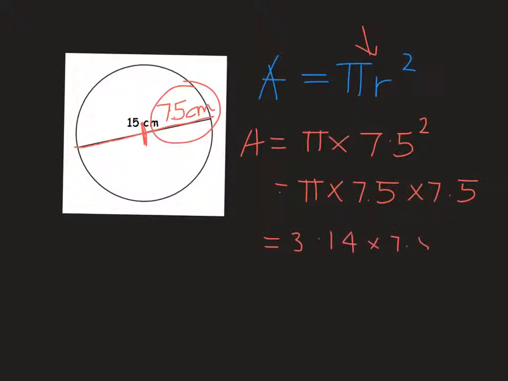So it's going to be 3.14 times by 7.5 times by 7.5, or 3.14 times by 7.5 squared. You can see here that there are a lot of decimal multiplications with this one. So again, quite appropriate to use a calculator. 3.14 times by 7.5 times by 7.5 gives us an answer of